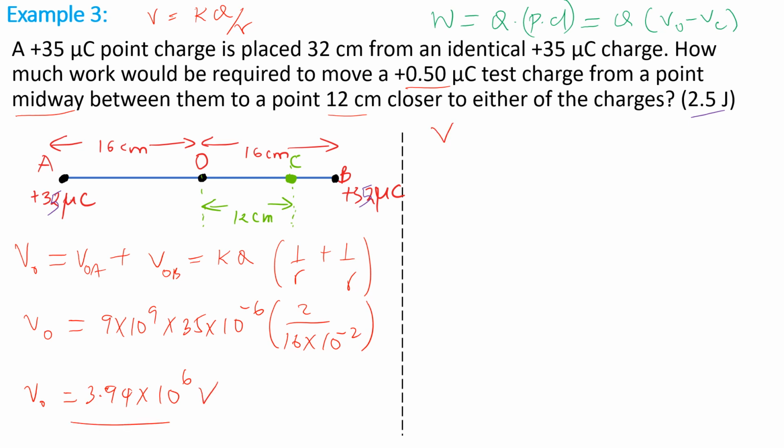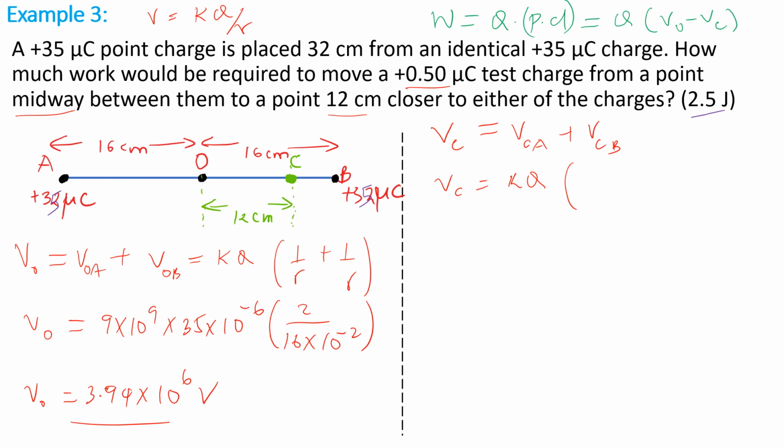Let's go ahead and get VC. V at C, the potential when now the charge which was at O is put at C. Almost the same thing is going to happen. It's the same as V at C due to A plus V at C due to B. So V at C is going to be, these points A and B have the same charge. Therefore, it's going to be